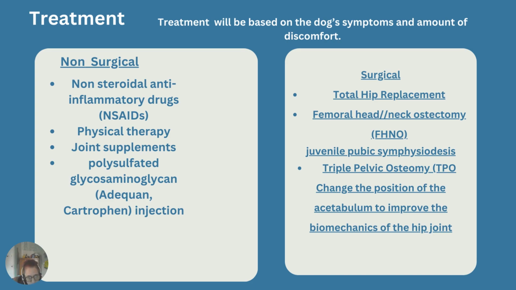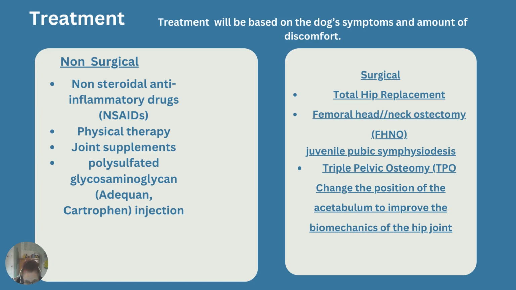Treatment, there is non-surgical and surgical. Non-steroidal anti-inflammatory drugs, physical therapy, joint supplements, and injections are sometimes options. The joint supplements are given sometimes before a dog even shows signs, just to give them a better chance at not developing it. Surgical options, total hip replacement,